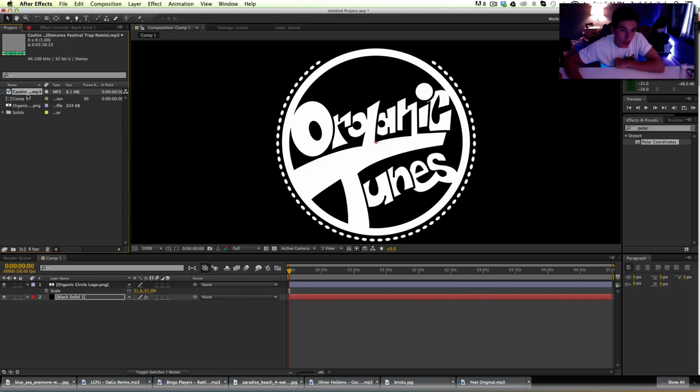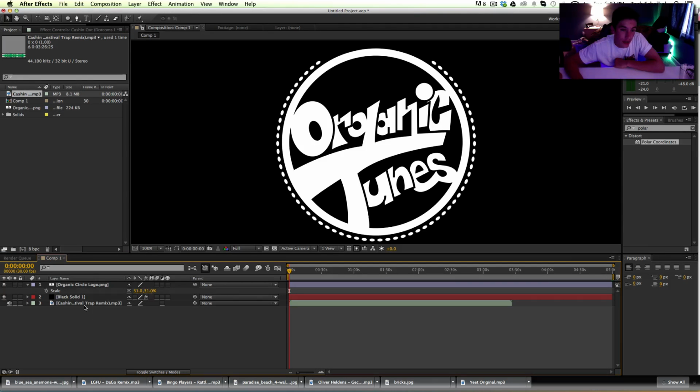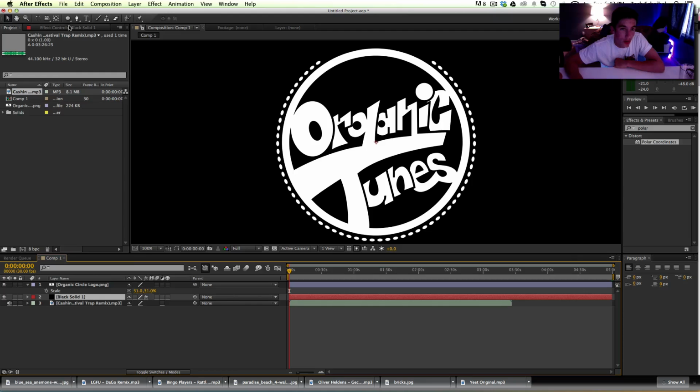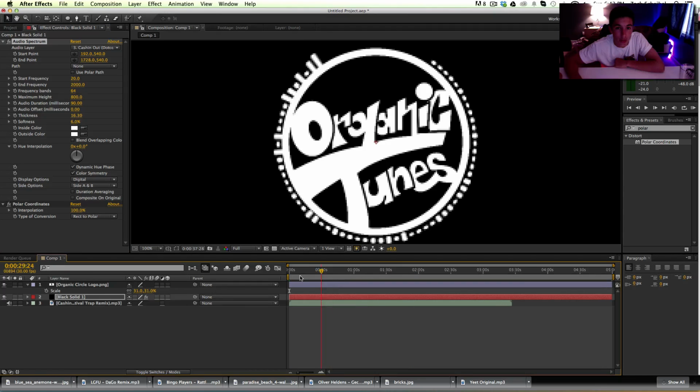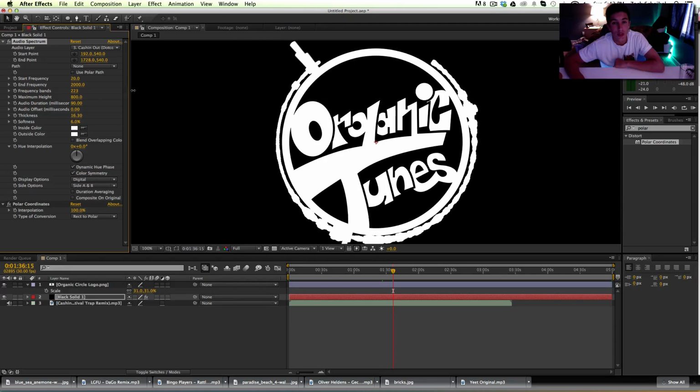So once you have the song, just drag it into your layers, and then we just need to go into our effects controls for the black solid or the audio spectrum and change the audio layer to match the song you want. So in this case, it's Cashing Out. Do that, and now you'll start to see it move as we go across the timeline, and that's really cool. So what we can actually do is increase the frequency bands, and what this is going to do is make it a lot more unnoticeable that it's actual little lines, and it'll look more like a